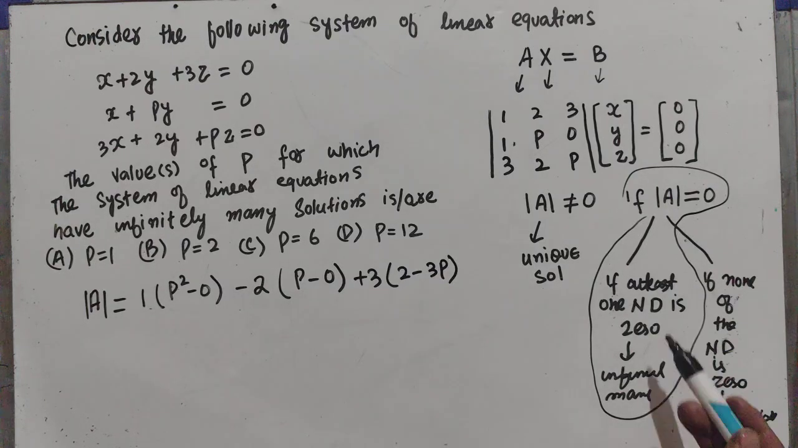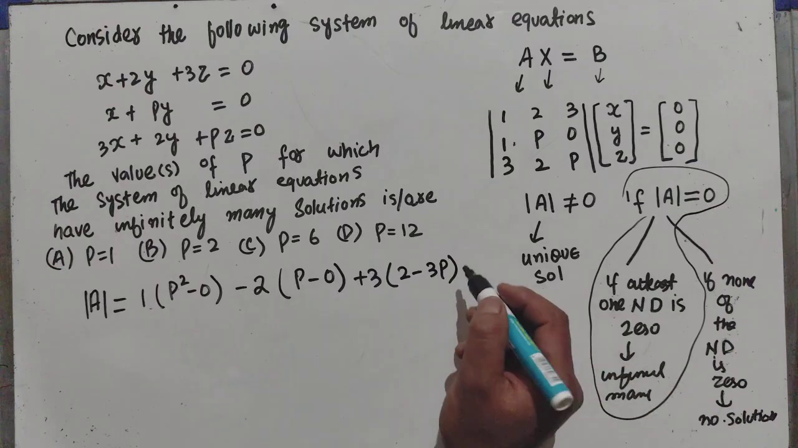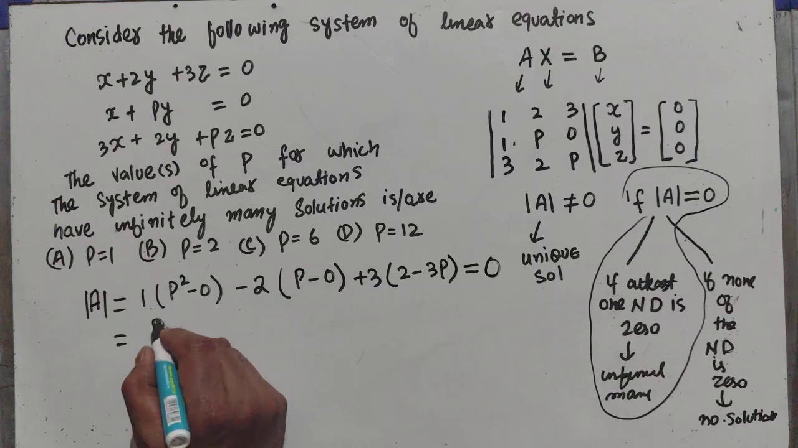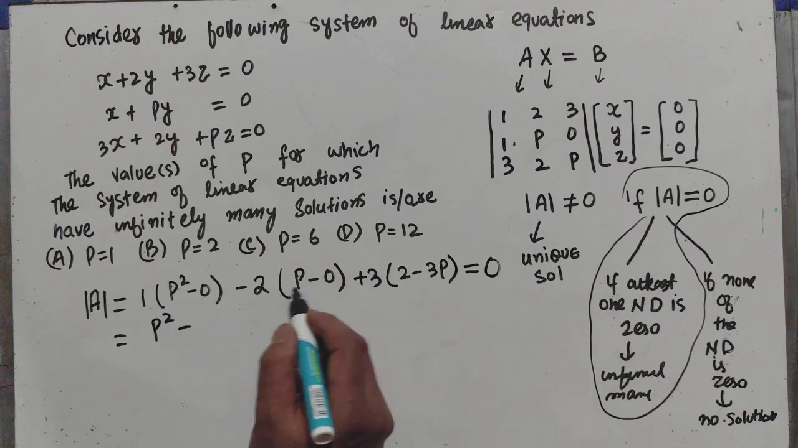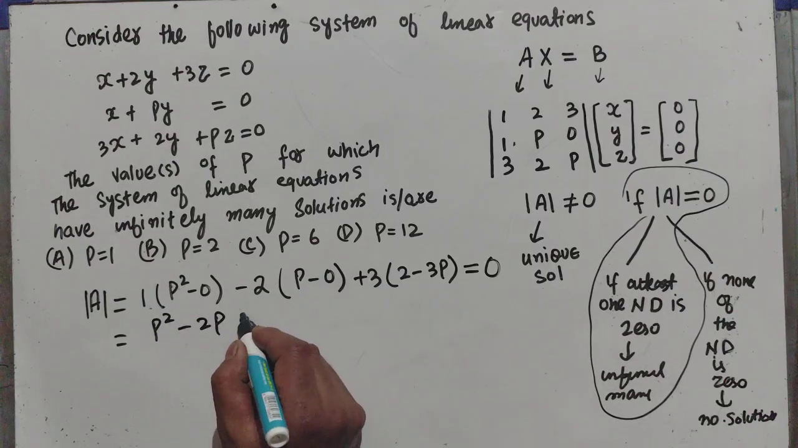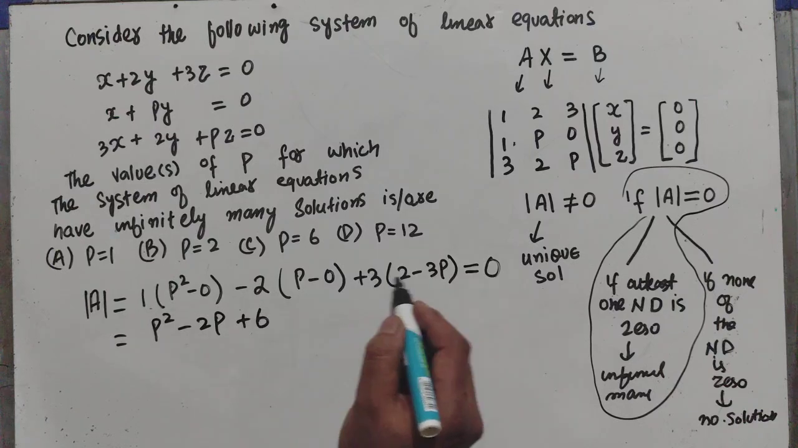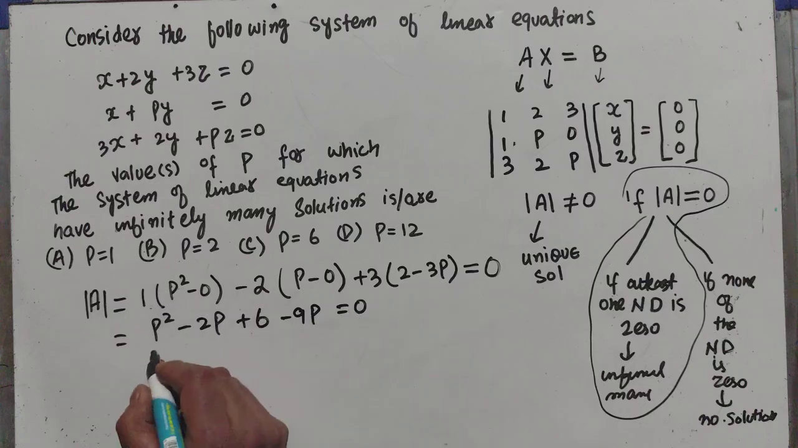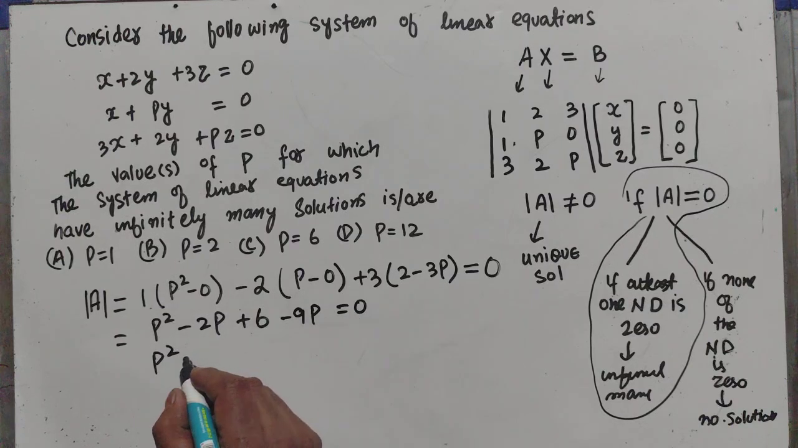For infinitely many solutions, this determinant should be equal to 0. Solving it, we get p square minus 2p plus 3 times 2, which is 6, then minus 3 times 3p, which is 9p, should be equal to 0, or p square minus 11